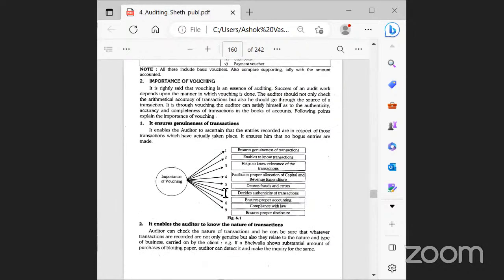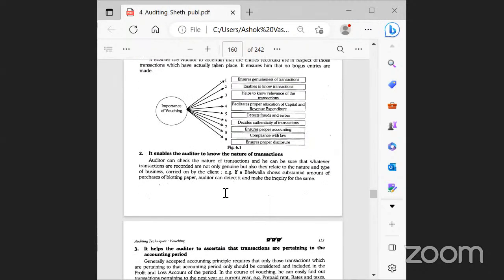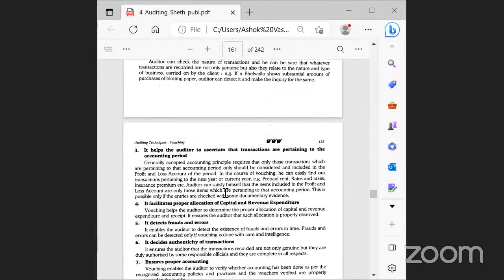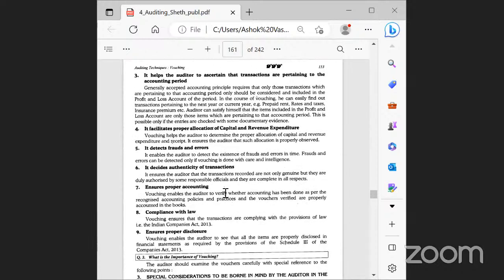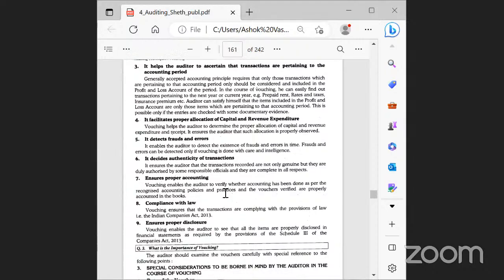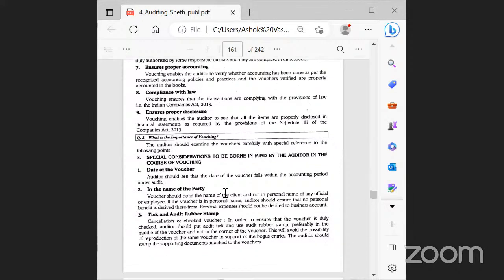Vouching helps make sure that the transactions are genuine. It enables the auditor to know the nature of the transaction. It helps the auditor to ascertain that transactions pertain to the accounting period. Okay. It facilitates proper allocation of capital and revenue. Okay. Likewise,